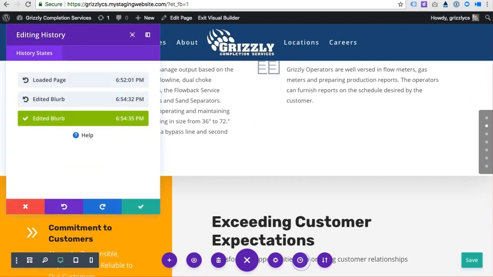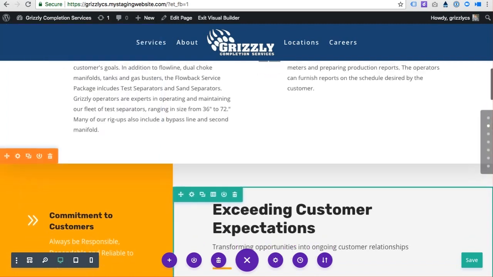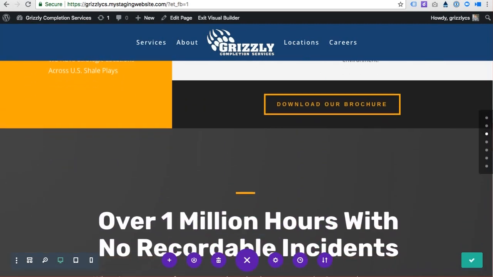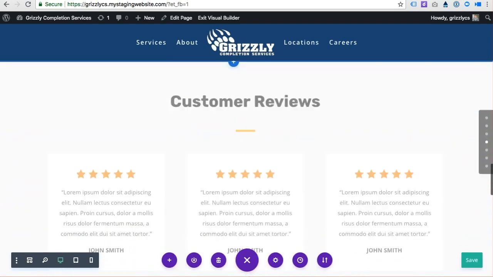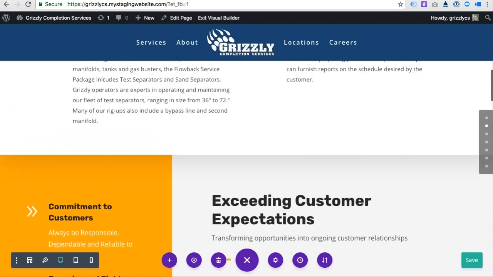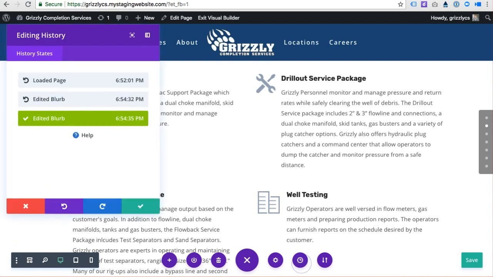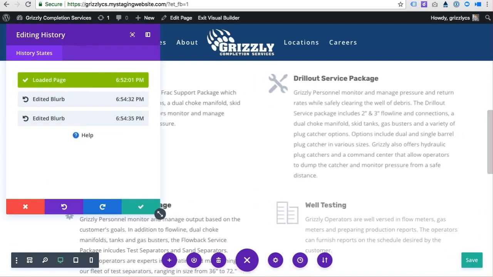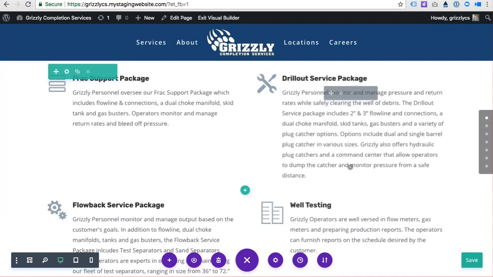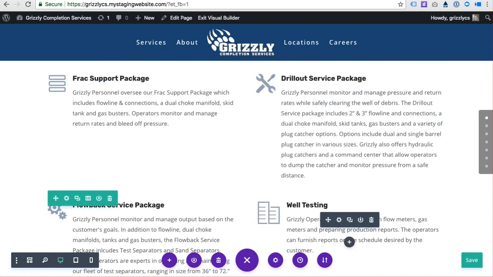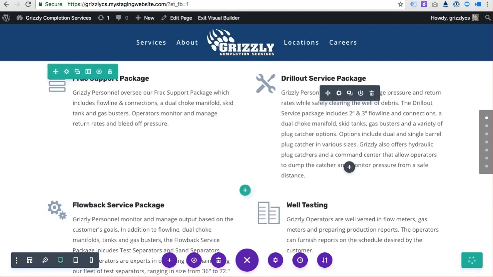So I'm going to go back and load that up, and sure enough, I have already gone ahead and clicked publish in a sense because I've clicked save. That change has gone live to the world to see. And it's still allowing me to come in here and reload the page to the original settings, click OK, and that sentence is back. I haven't lost anything. Now I'll go ahead and click save.